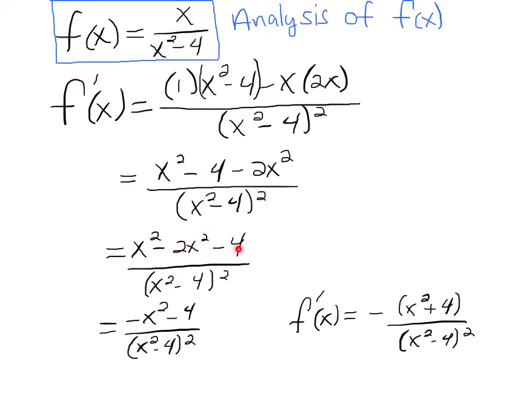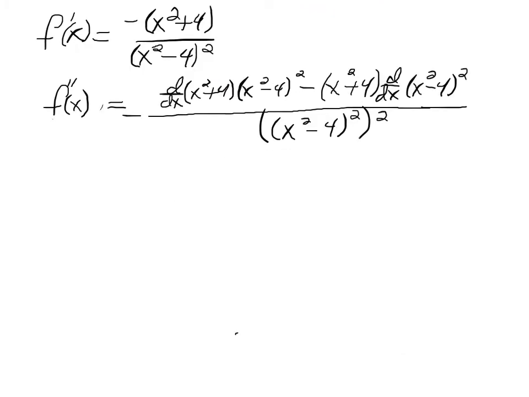The minus 4 I'm going to leave there. And then x squared minus 2x squared is minus x squared minus 4. And then this minus sign here and this minus sign here, I'm just going to factor that out and put that here. So then we have x squared plus 4. And this is what our first derivative looks like. Okay. Now that I have f prime,